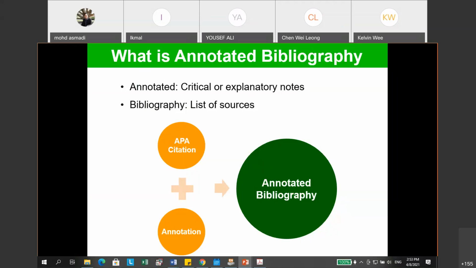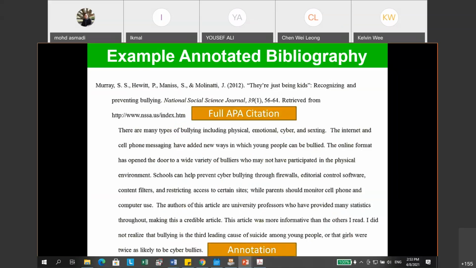what do you understand about the paper? This is what we call an annotated bibliography. So this is the example. The upper side is the full APA citation. You remember this one? If you want to write this by using EndNote, you can set it by using EndNote APA style. This is the list of reference,